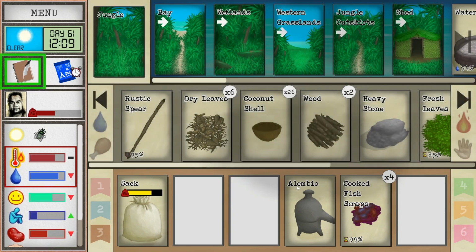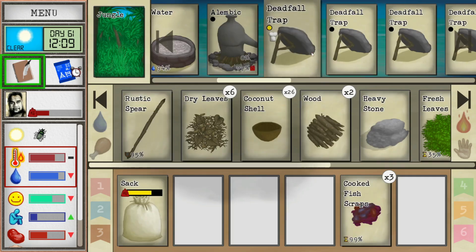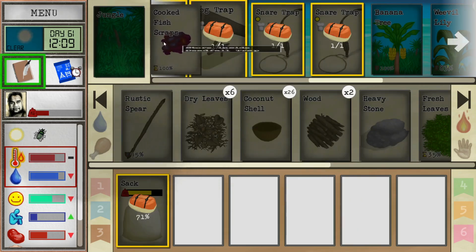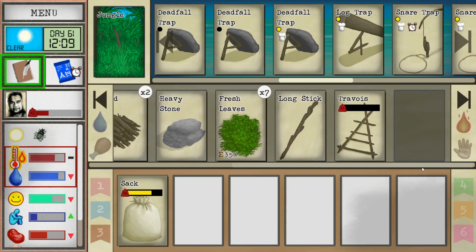All right, here we go. So the Olympic, you go there. Get out of my bag. Oh, let's look at the other ones. All right, we would definitely want to keep these 3 because they actually produce. These deadfall traps are just kind of for practice, basically. All right, so